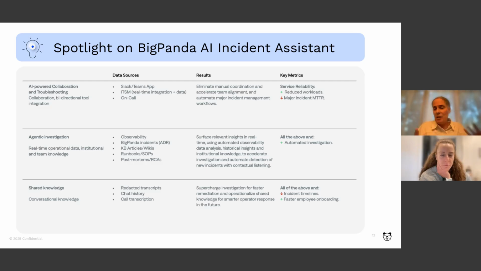Second phase, the slide lays it out beautifully. I can't improve on it. You add to that first layer of let's get our arms around the fire, how can we put the fire out faster? We reach out to observability systems in real time, literally querying them through the agentic AI. What do you know about this situation? Get into whatever organizational knowledge may exist in standard operating procedures or past incidents, et cetera.